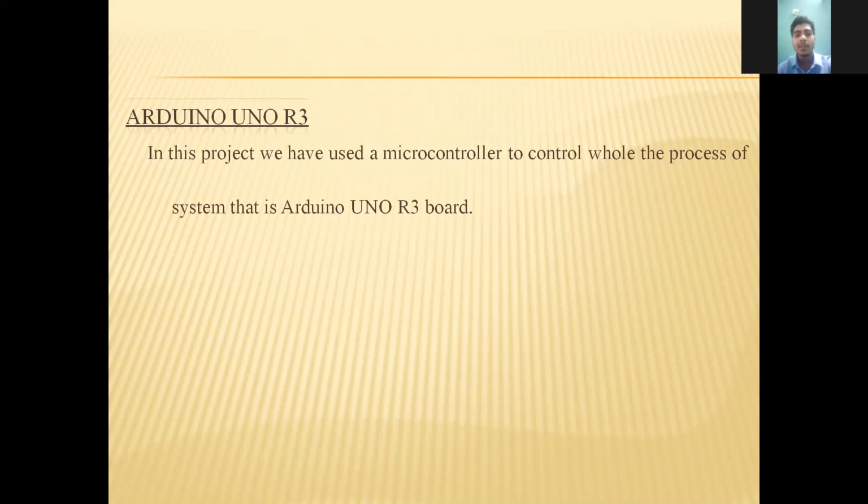It has a USB connector, power jack, reset button, and in-circuit system. These are the parts. The USB bootloader allows the user to program or reprogram the chip. There is an AC/DC adapter. The operating voltage is 5 volts, and the input voltage is from 5 to 12 volts. The software required to program this is the IDE software. Next.